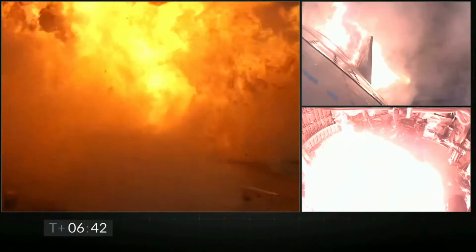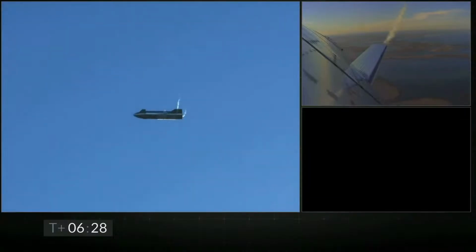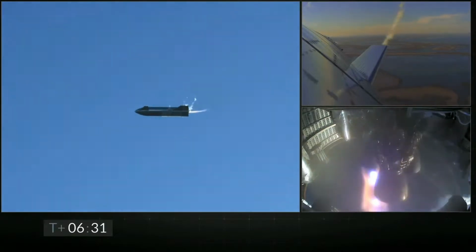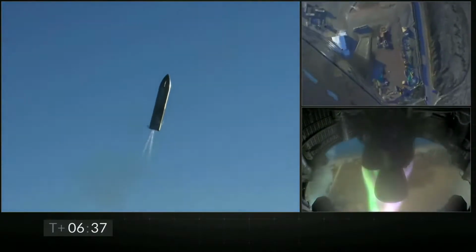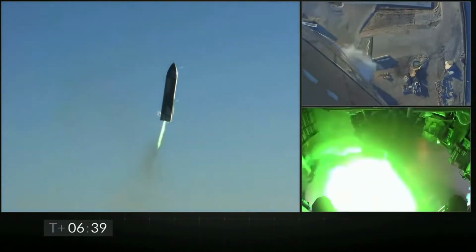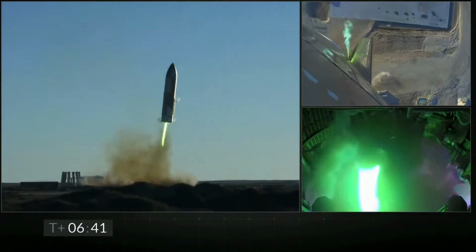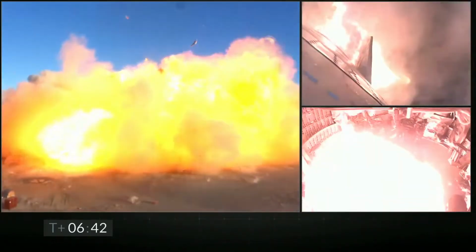The moment recalls the many attempts that we saw of the Falcon 9 landings that didn't quite work out in the early to mid-2000s until, of course, they did. On the live feed, SpaceX said that the test was successful and noted it would be moving on to testing the SN9 prototype next. Elon Musk tweeted, quote, "Successful ascent, switch over to header tanks, and precise flap control to